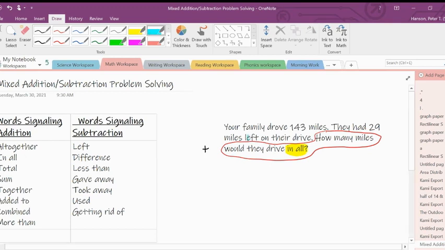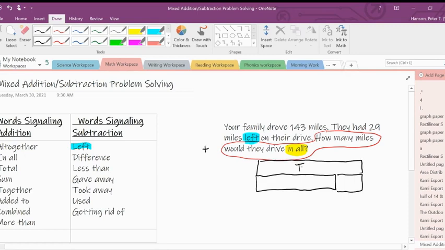So that part left may have been a little bit confusing because you saw left and you go, hey, I see left. It's over here with my subtraction. Why in the world am I subtracting? Well, if I were to model this here, they've done this amount of miles, and they had this amount left, okay? And I want to find my total. This is kind of a tape diagram here. So I have my total, or in all,